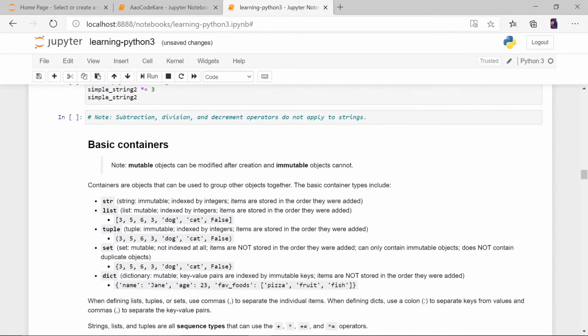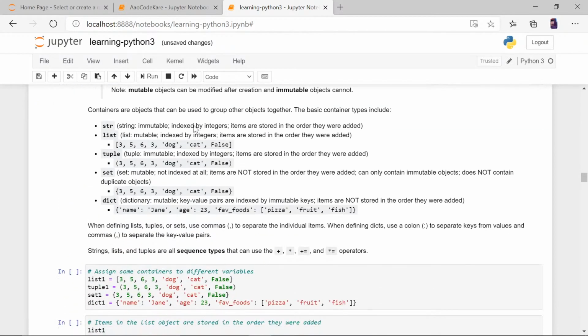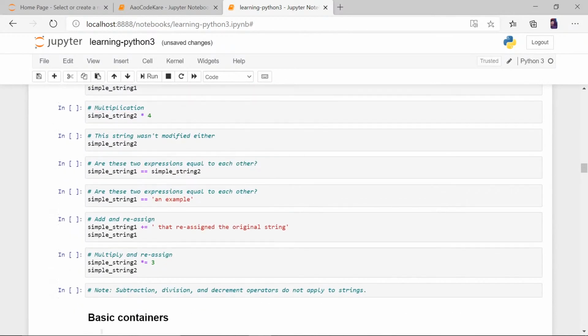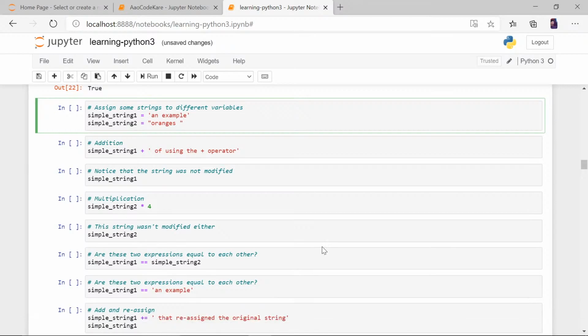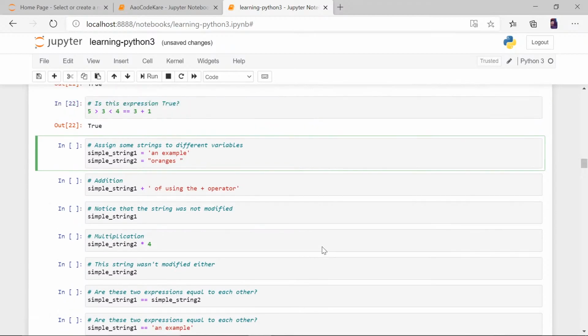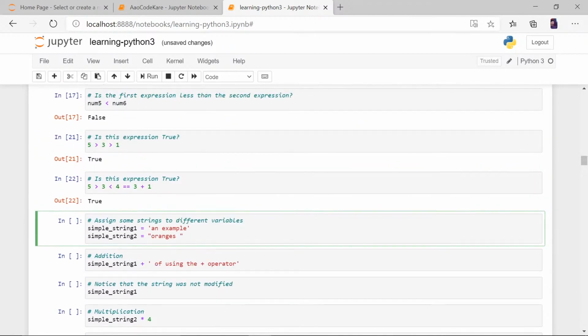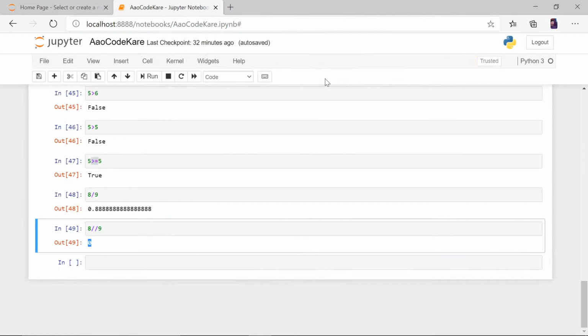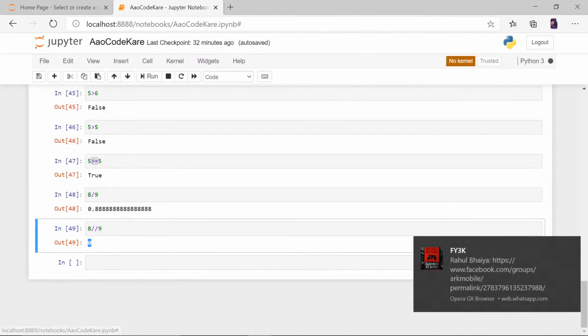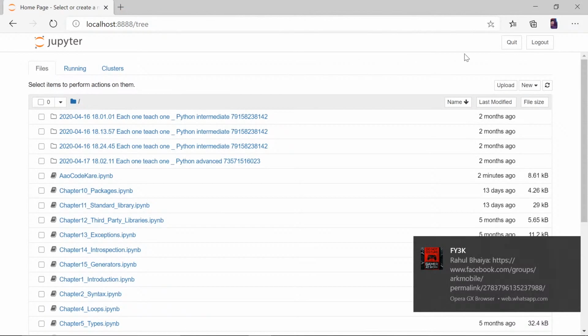Okay, string comprehension. I think we'll get to string comprehension in the next lecture because we are already out of time. We are 10 minutes ahead. Obviously, we started 10 minutes behind. So we'll start with string comprehension the next time. And if you guys have any doubt, please let me know. We'll close this so that you don't feel that our lecture chalu hai. Okay, we'll close this too. And let's quit.